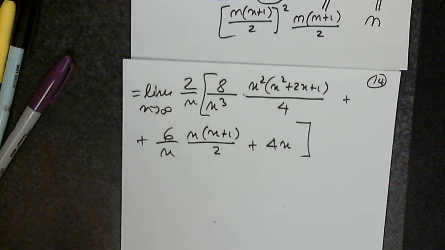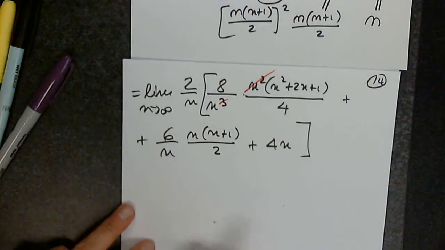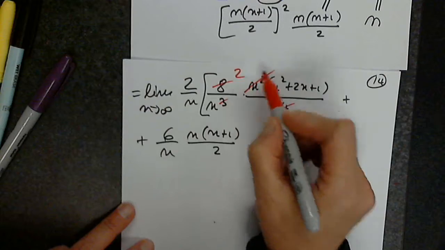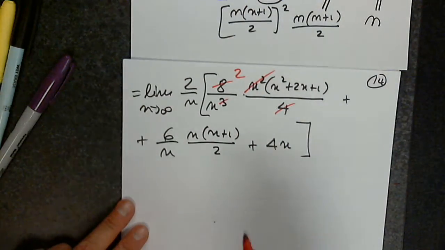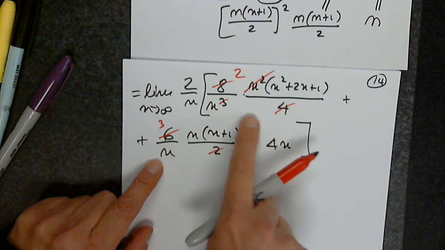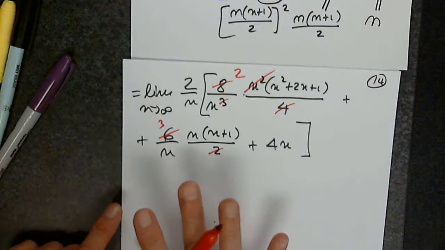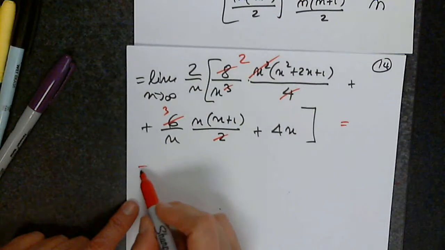I like it because 2 of those are going away. This is going away. This is going away. I will not simplify n with n because there is an n in the denominator, so I will have to multiply if I simplify. So I'll leave it alone. I realize that